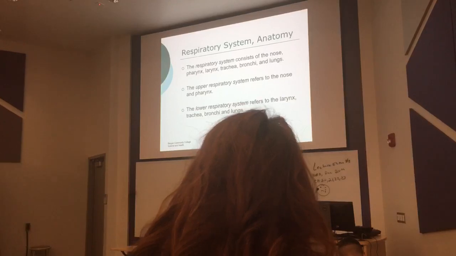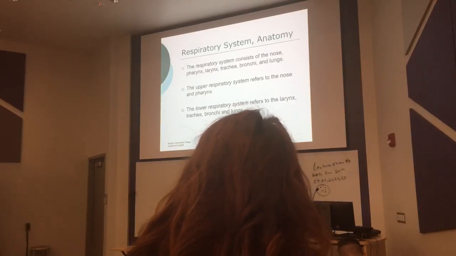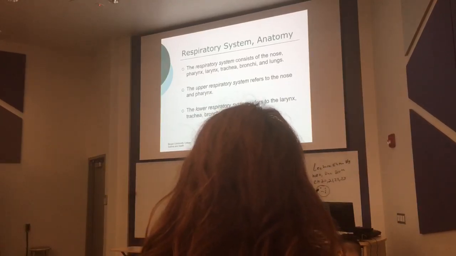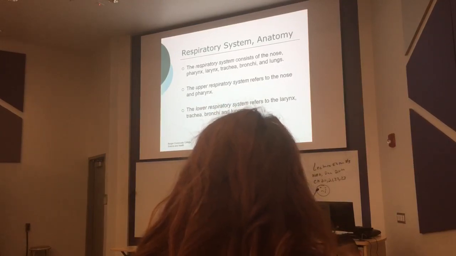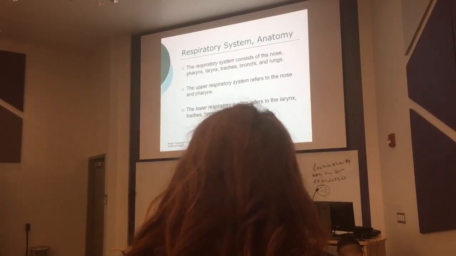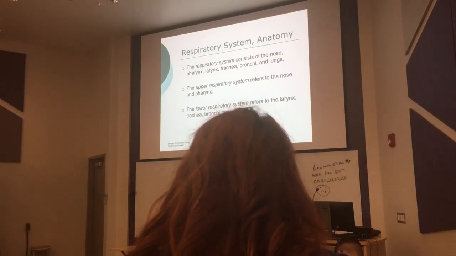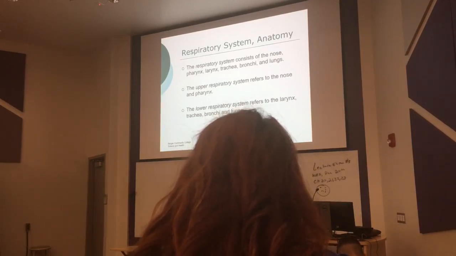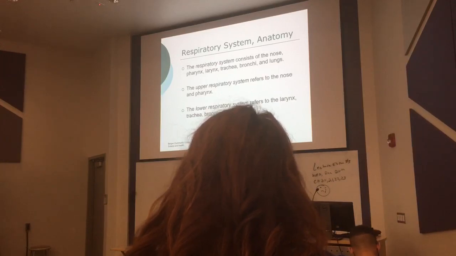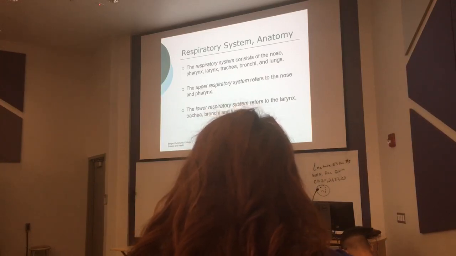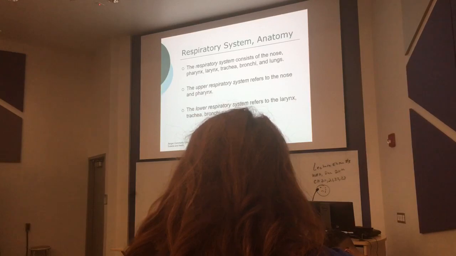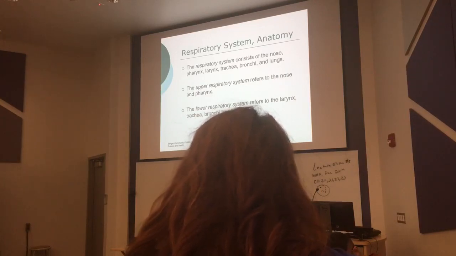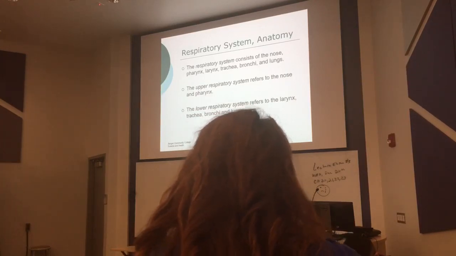And then it goes into bronchioles, which is going into the lungs now. So we're getting smaller and smaller: bronchioles, terminal bronchioles, respiratory bronchioles, which are microscopic. We go into alveolar ducts, alveolar sacs, and the individual alveoli. That's where you get the exchange of oxygen and CO2. The upper respiratory system consists of the nose and pharynx, so nose and throat. If you have an upper respiratory tract infection, you get a stuffy nose and a sore throat. With a lower respiratory tract infection, you could get laryngitis or bronchitis.